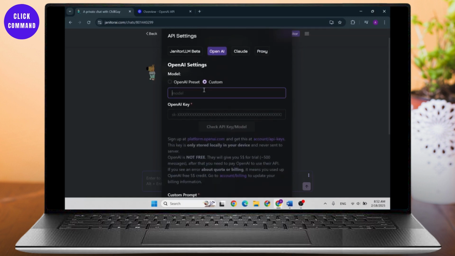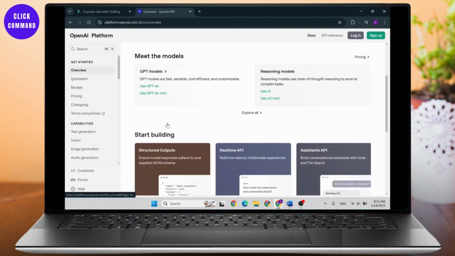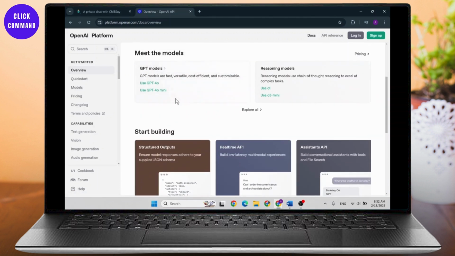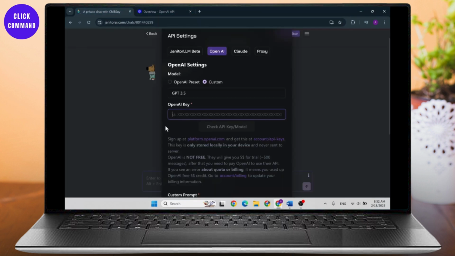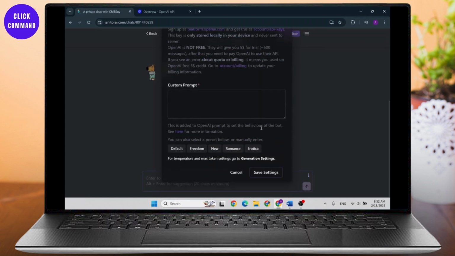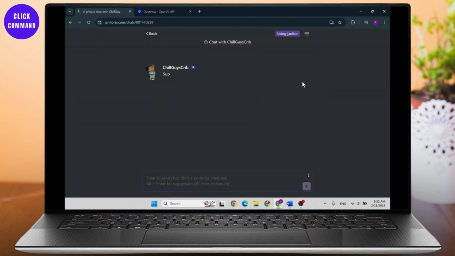After you just use GPT 3.5, something like that, and use the API key. So after you logged in here, you will get the option to just choose the API, that is the model that you just selected, and they will give you a key. Use that key right here and tap on check API key model, and then you'll have just changed your API. And that is how you can set up an API in